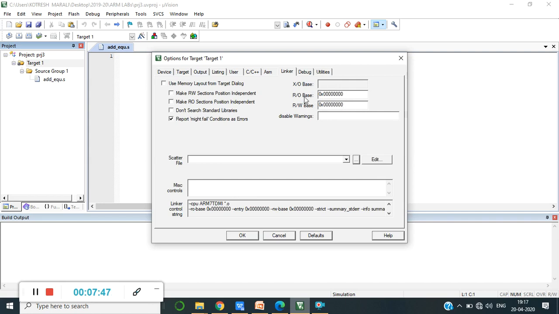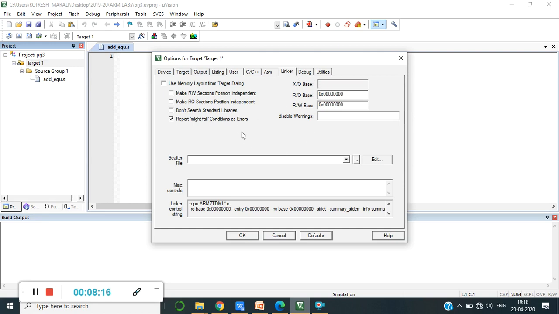Don't make any changes here. If we were using Microvision 4, then I would have suggested in a different way. Since we are using the upgraded version Microvision 5, let us not worry about all these issues. Earlier these issues were not addressed in my Keil Microvision 4 compiler, so there my explanation was a bit different. Now we need not worry about all these things.